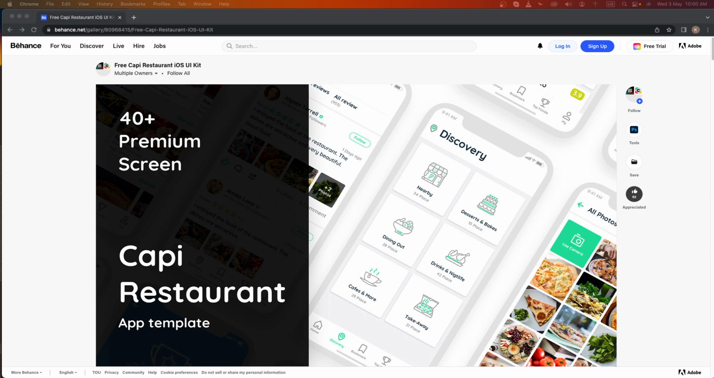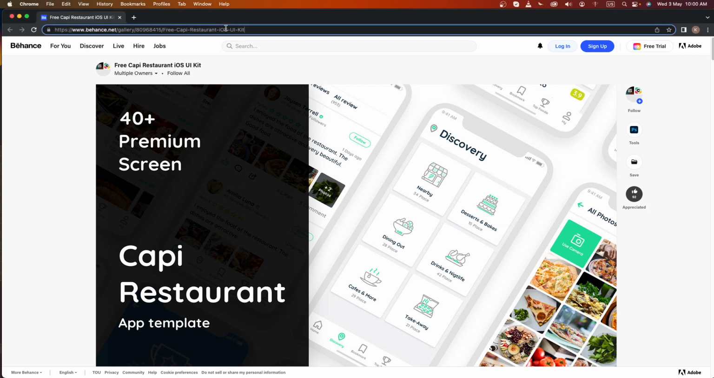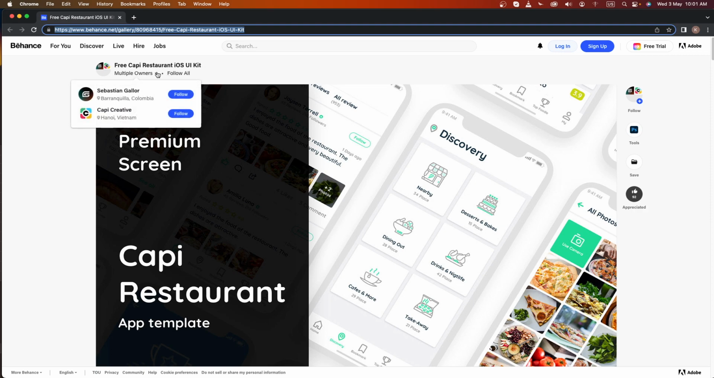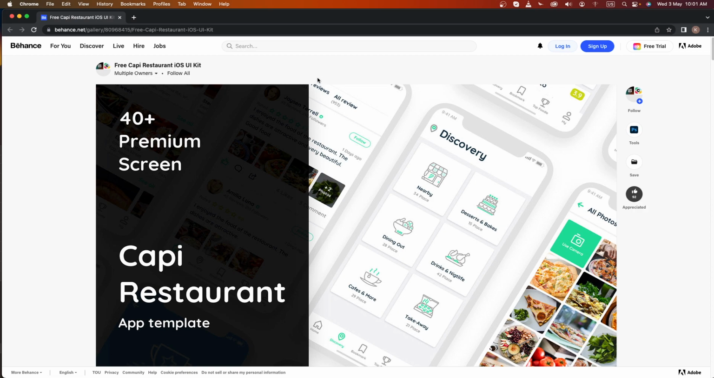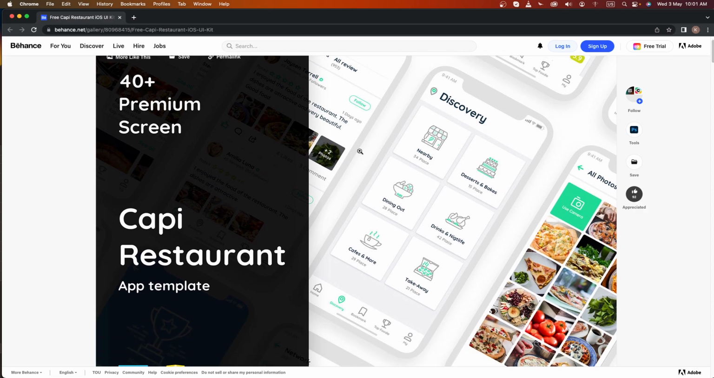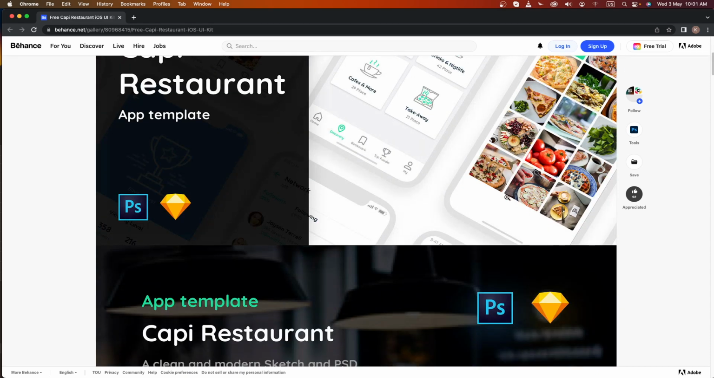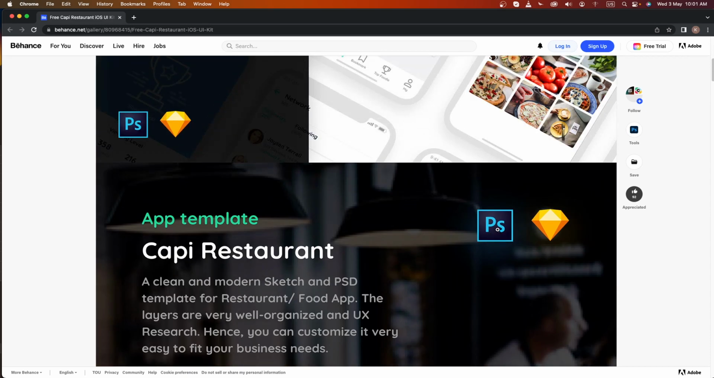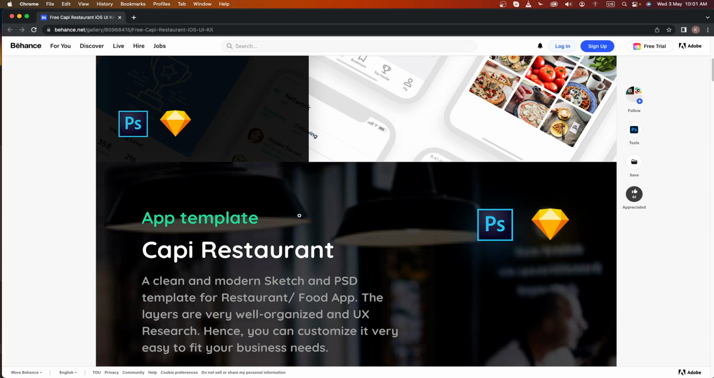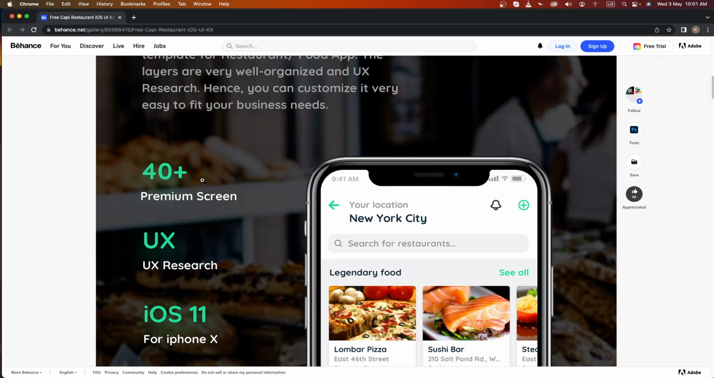Today we will find out the multiple restaurant UI/UX kit, and we need to note down this URL. I will provide this URL in the description, and here is the Capi restaurant iOS UI kit. We need to see how the web design looks. They provide Photoshop and Sketch files, and this is the premium 40-plus